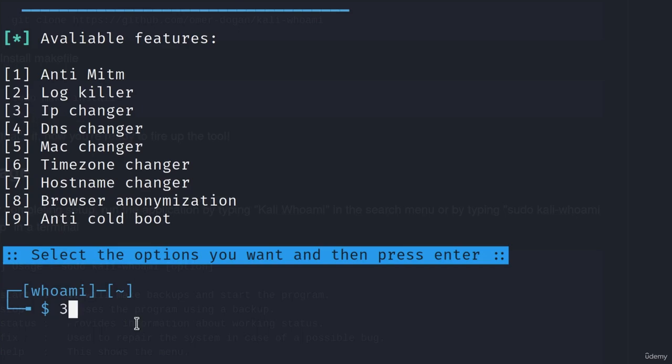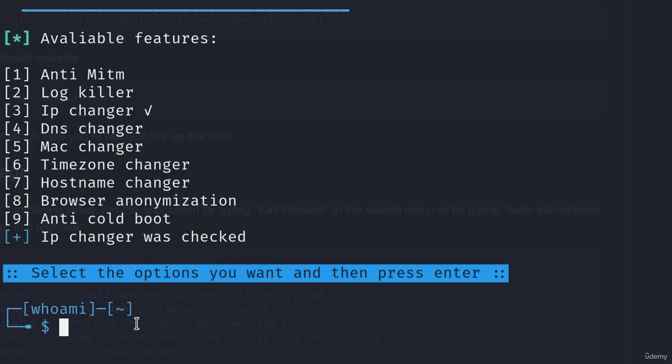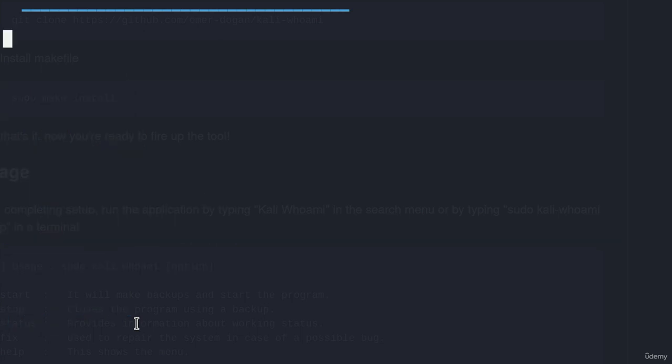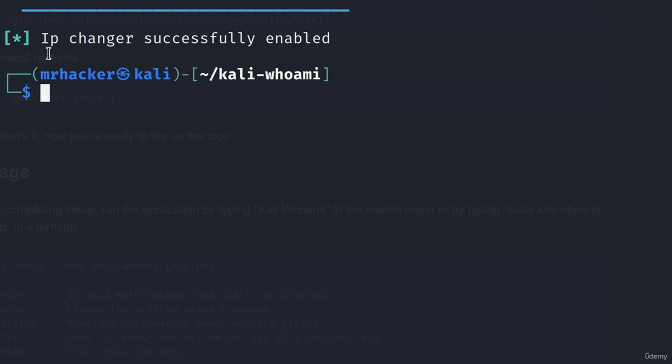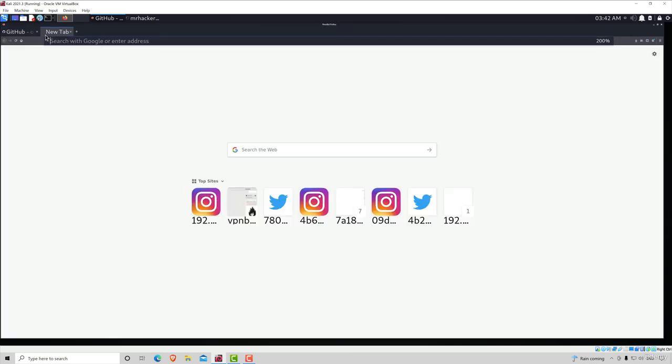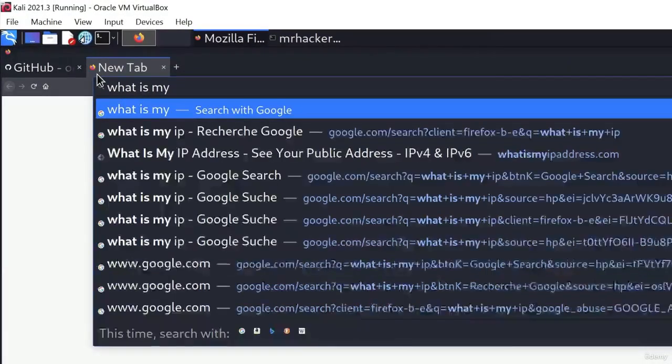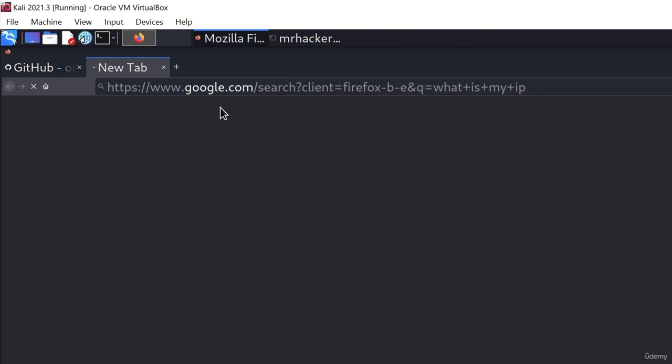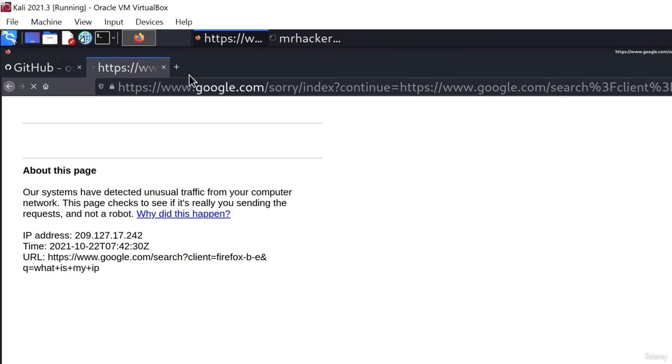If I type option number 3, it says IP changer was checked, and if I hit enter once again, it will say IP changer successfully enabled. Now, let's see if that option works. If I go and type what is my IP, it is loading for quite some time, which could mean that we are filtering traffic through a proxy, and I would say that's true because it says